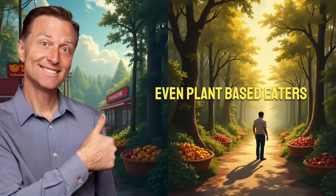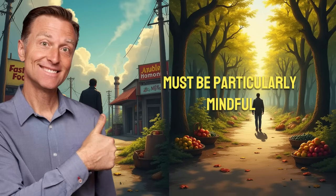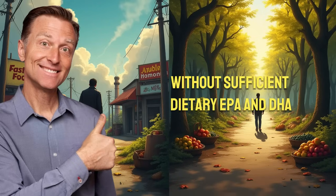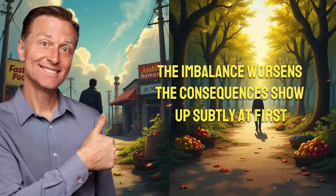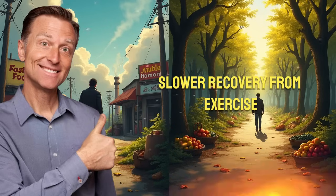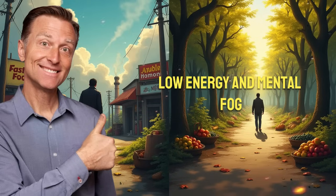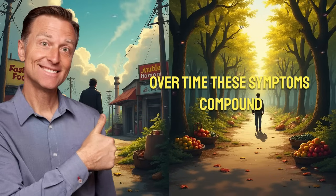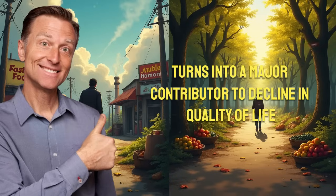Even plant-based eaters who rely heavily on nuts and seeds for fats and calories must be particularly mindful. Without sufficient dietary EPA and DHA, the bioavailable forms of omega 3 found in animal sources, the imbalance worsens. The consequences show up subtly at first: slower recovery from exercise, poor sleep, aching joints, low energy, and mental fog. Over time, these symptoms compound, and what started as a minor dietary oversight turns into a major contributor to decline